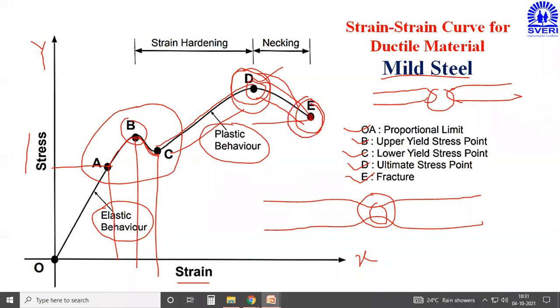E will not be considered the maximum stress value because here the actual breaking is taking place. The body will break into two different portions. Now A is also not a breaking point. It is below point B. C is also not a breaking point because it already represents the lower yield point. Now we have to think about point B and point D. But as point D is at the top side, it will still not be considered the maximum stress point. In the case of a ductile material, this point B will be considered the maximum stress point.